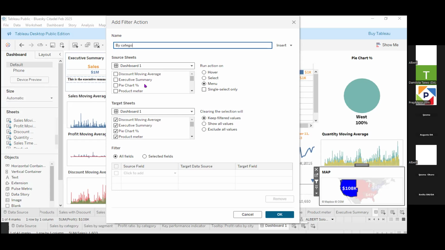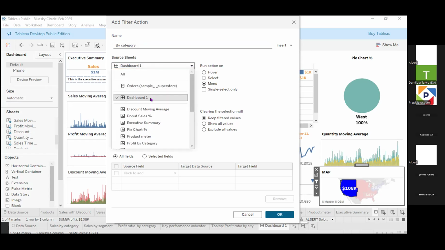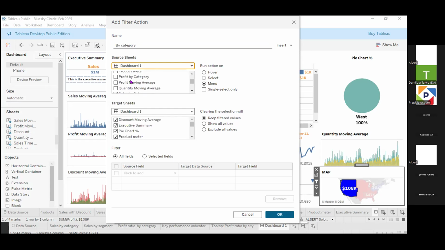Let's say by category. Okay. So I said we want to use the sales by category as the action. Now, in the first dashboard part, which is this dashboard, you uncheck everything and check sales by category. Now, on the second dashboard, which we have as dashboard one,